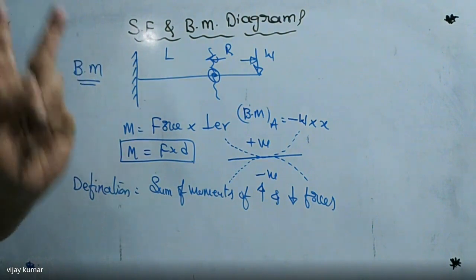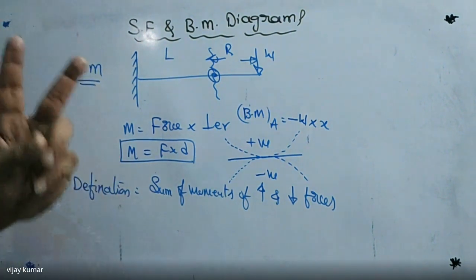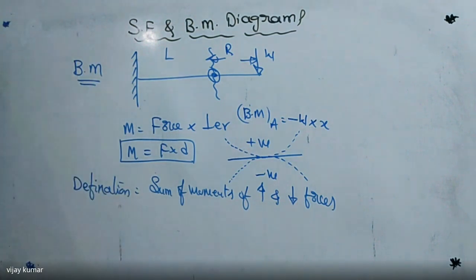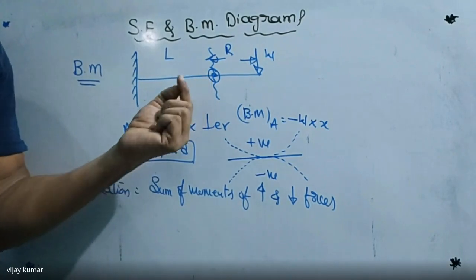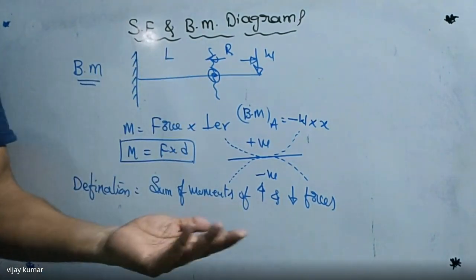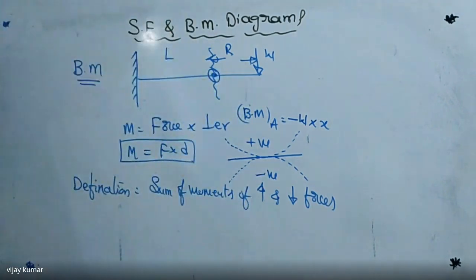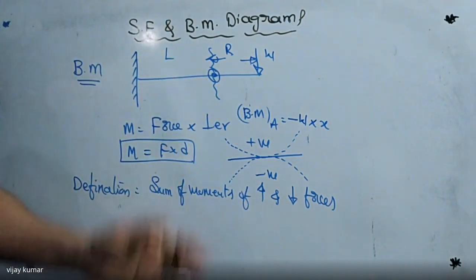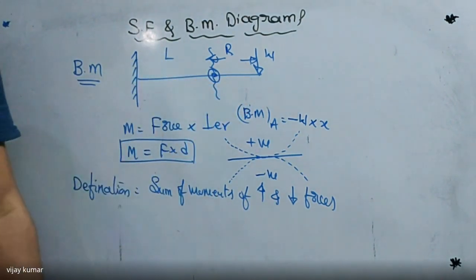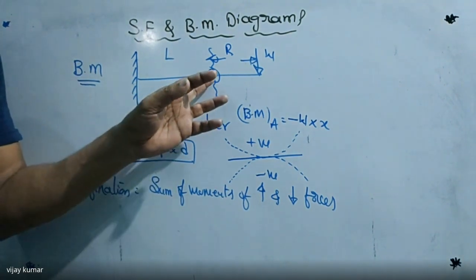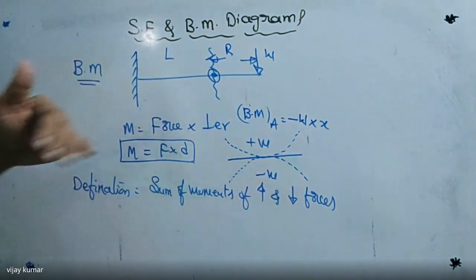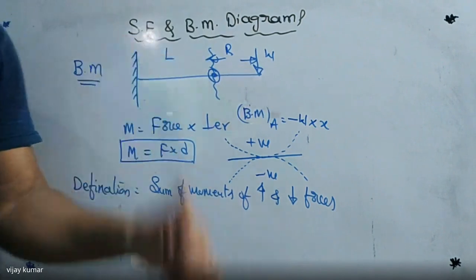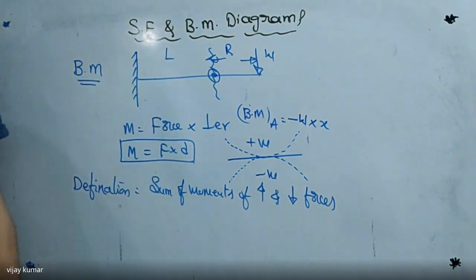Listen carefully. In the case of shear force and bending moment, the procedure is the same, with only a difference in the last point. What is the first point in shear force? Divide the beam at the point where we are going to calculate shear, the same as where we are going to calculate bending moment. That is the first point. The second point is to indicate the forces on each part. And the third is that the bending moment at that point is equal to the sum of moments of upward forces and downward forces. That is the bending moment procedure. Have you got my point?